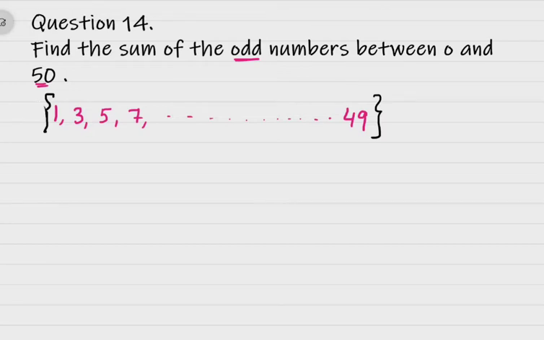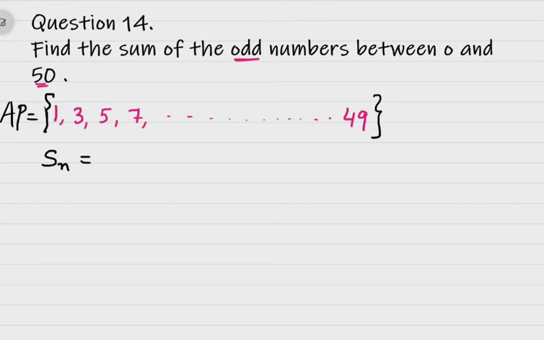So if you see properly, you'll come to know that these numbers are in AP. These numbers are in AP. And if you recognize a and d and n, it will be very easy for you to find the sum total of all these numbers. We have two formulas for Sn, sum total of numbers. That is, Sn is equal to n by 2 into 2a plus n minus 1 into d, or Sn is